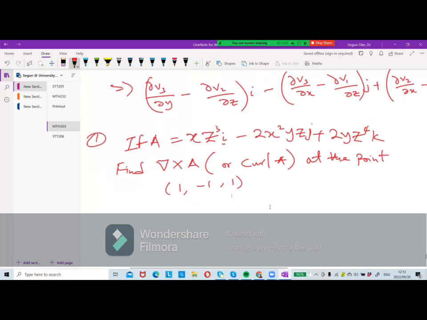So like I told you, what they are saying is the solution will be del cross A. It simply means d/dx